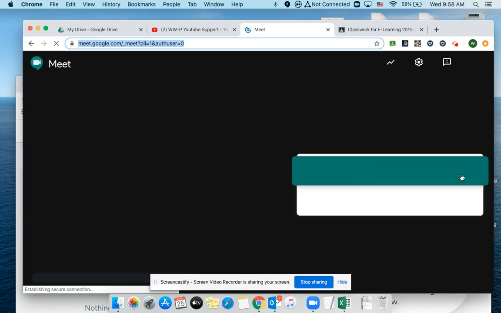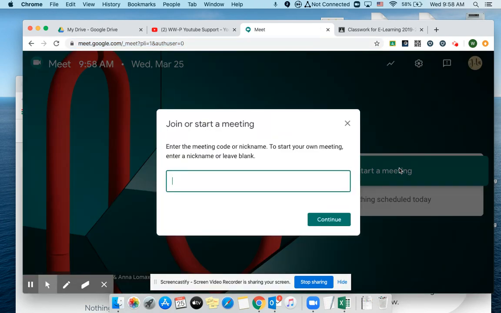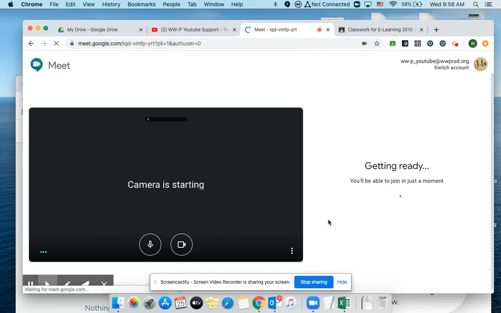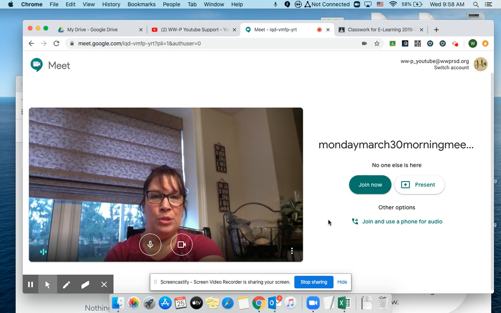So once you click on that, you are just going to hit this green bar that says join or start a meeting and give it a nickname. So you can say Monday, March 30th morning meeting, okay, or whatever you want to call it. And as it gets ready, it might ask you to allow your camera and your microphone, and you need to make sure that you do that. You don't want to block it because then you won't be able to use it. When you hit the Join Now button,